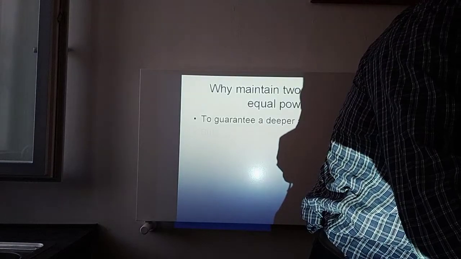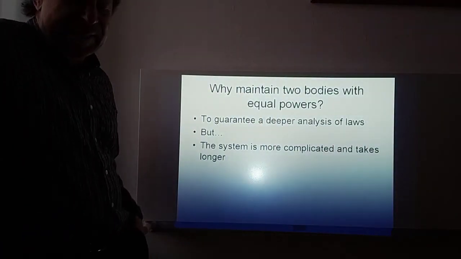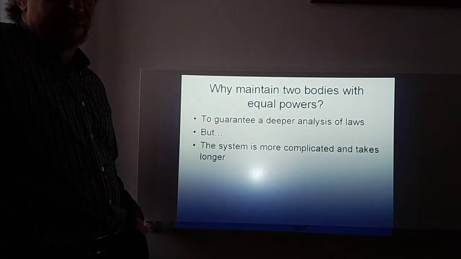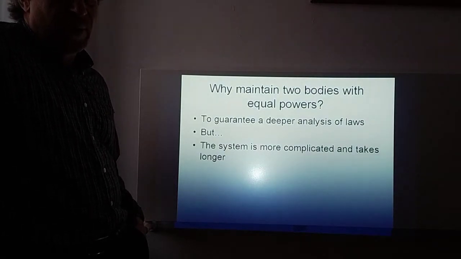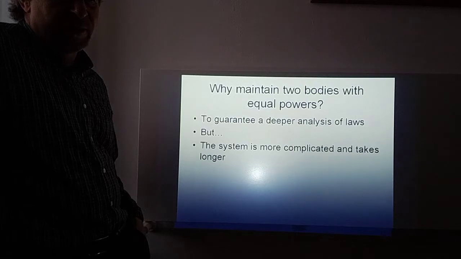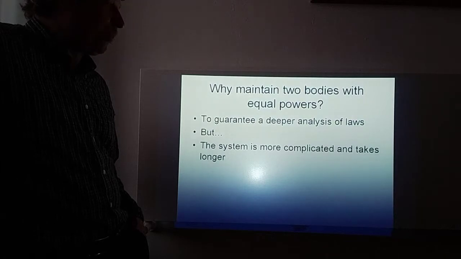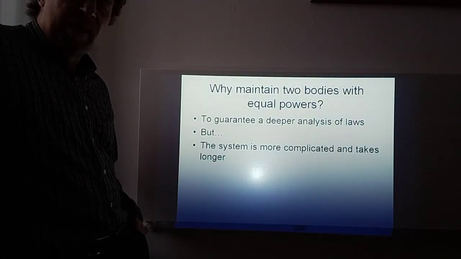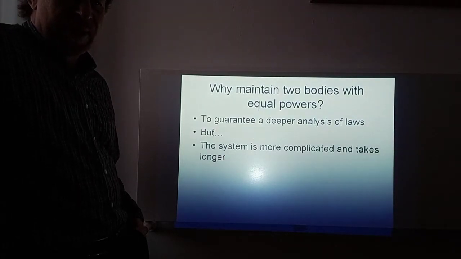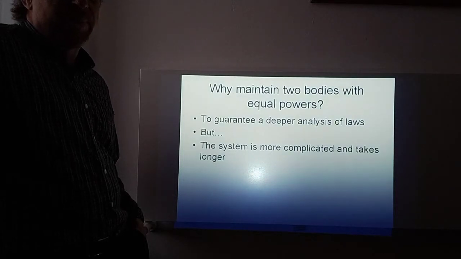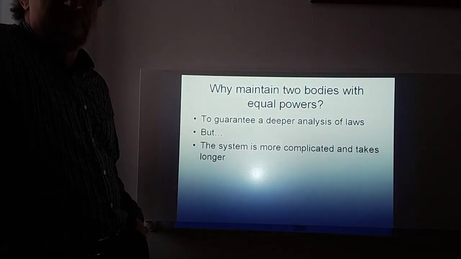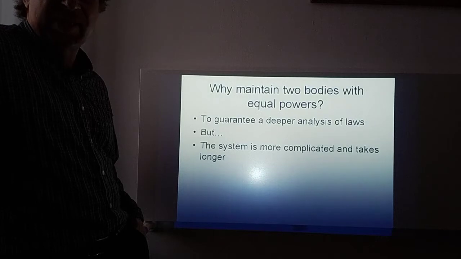So now we can say, instead of 630, you've got 945 people looking at each law. So you can say it's got a deeper analysis, having two institutions. But the big problem is it's much more complex and takes a lot longer